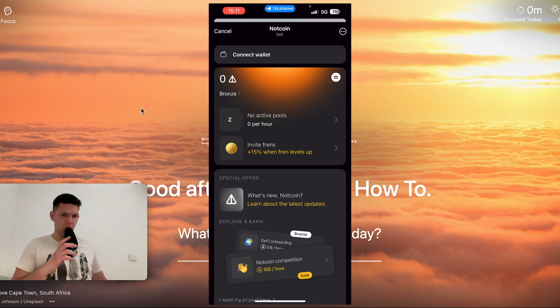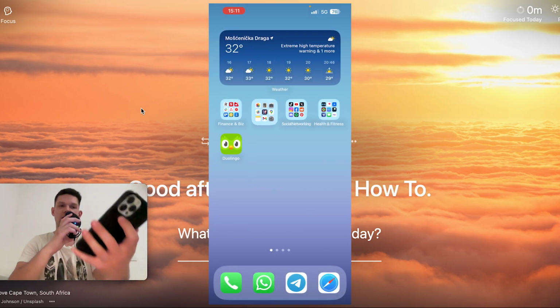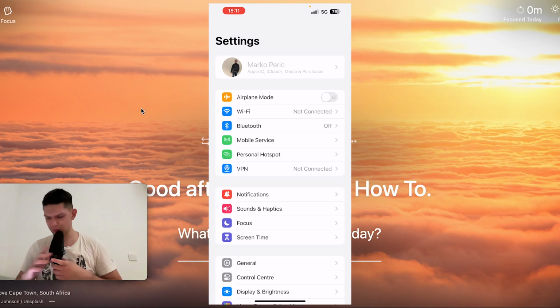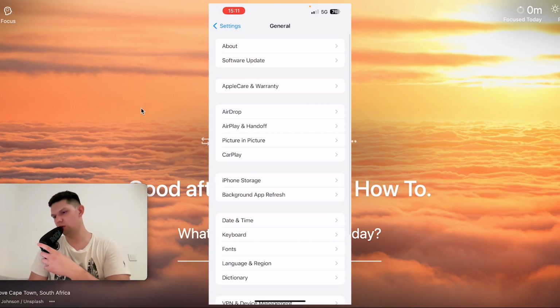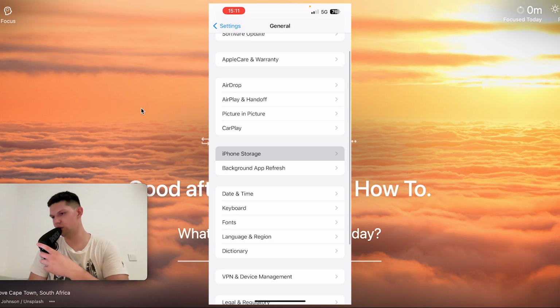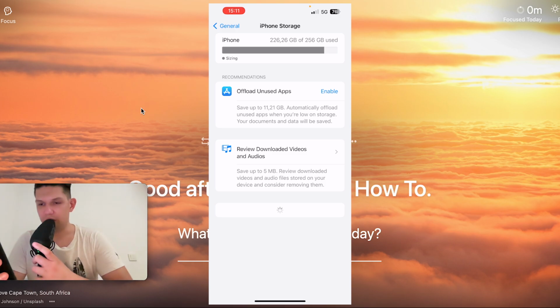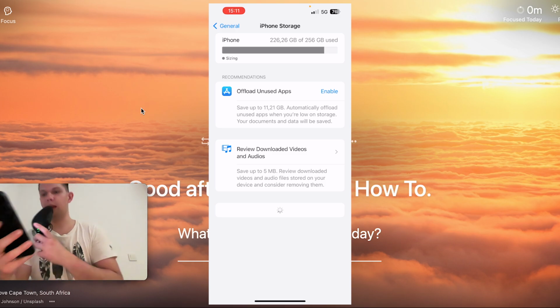So what you want to do, if you are on your iPhone, you want to open up settings. From settings you want to go to general. From general you want to go to iPhone storage. Then you need to wait for it to load up what it needs to load up, and from there you